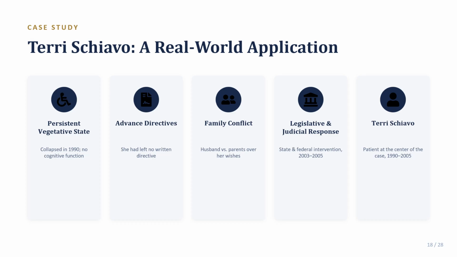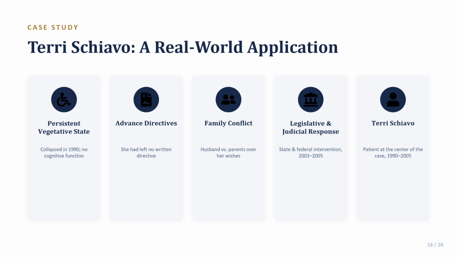So we have her husband, who had been appointed her legal guardian, and he believed that she would not have wanted to stay alive in that condition. He fought to have her feeding tube removed, while her parents disagreed. They believed that recovery was still possible and that she would have wanted to continue receiving nutrition and hydration. That's exactly the kind of dispute that Cruzan's clear and convincing evidence standard was designed to resolve. But in that same vein, it's also exactly the kind of dispute where, without any kind of written documentation, that standard becomes genuinely difficult to satisfy either way.